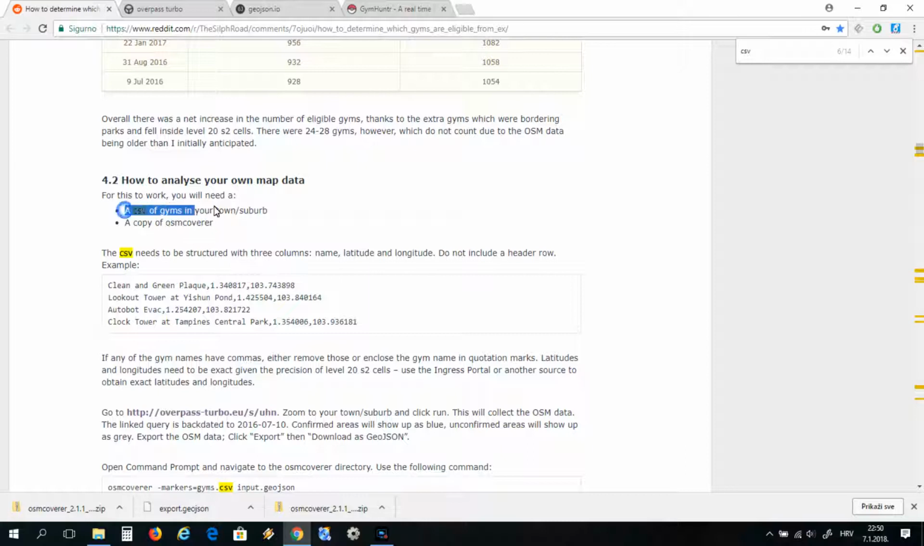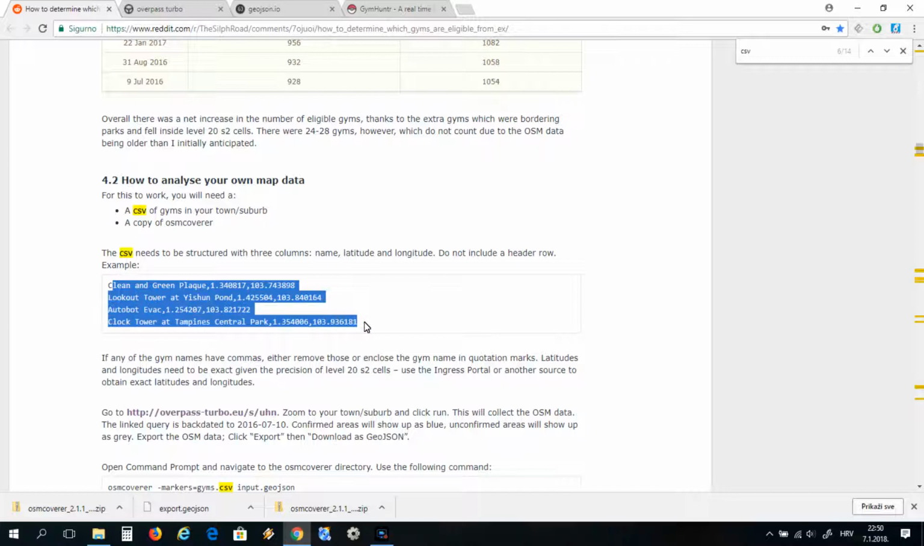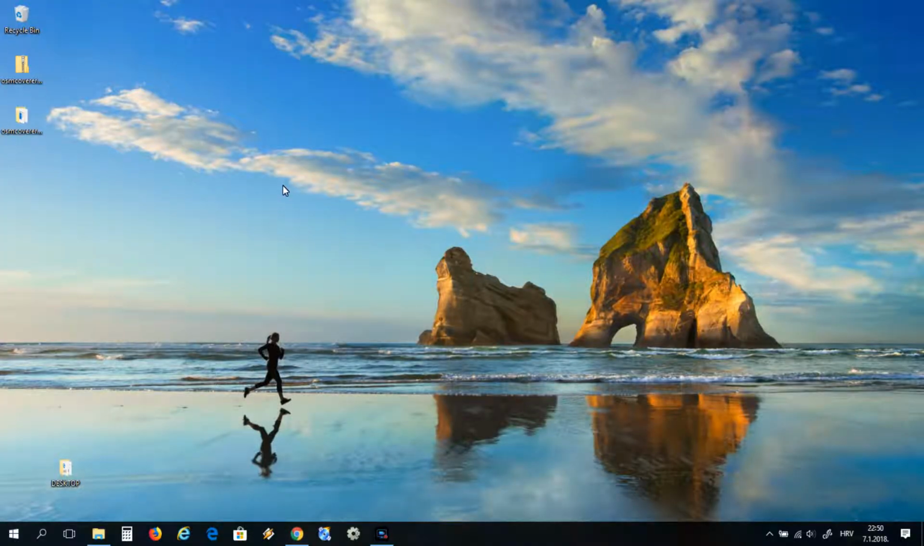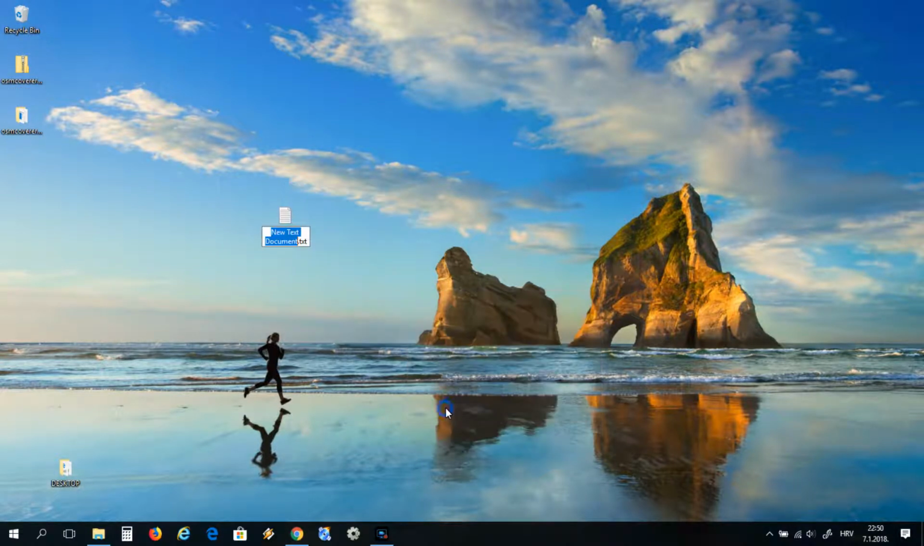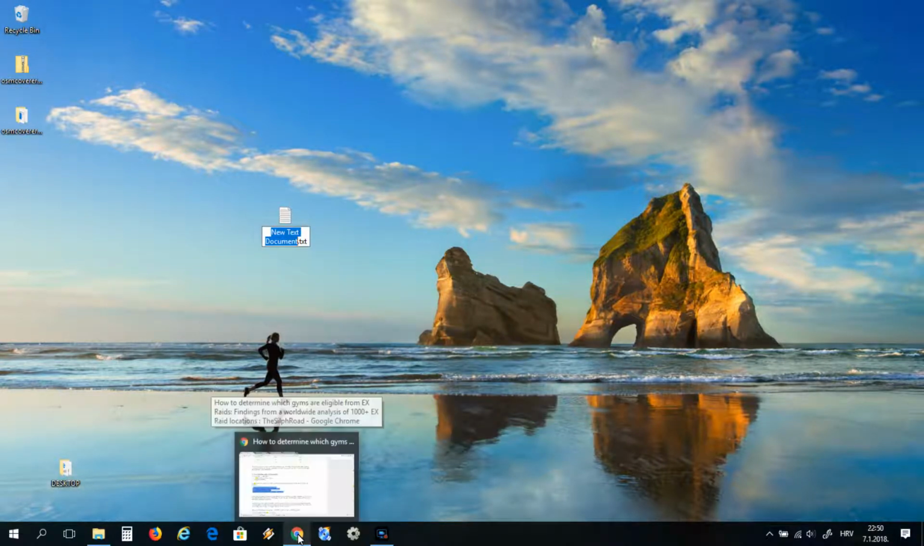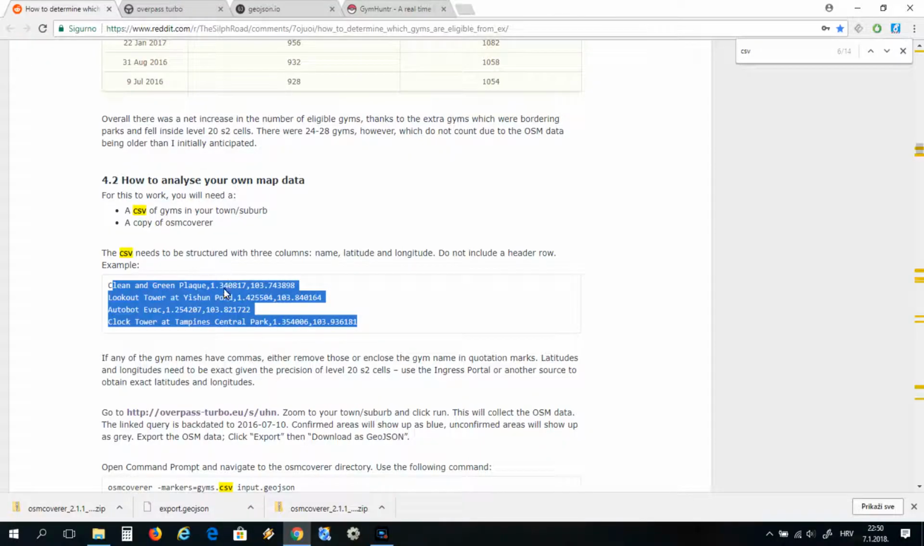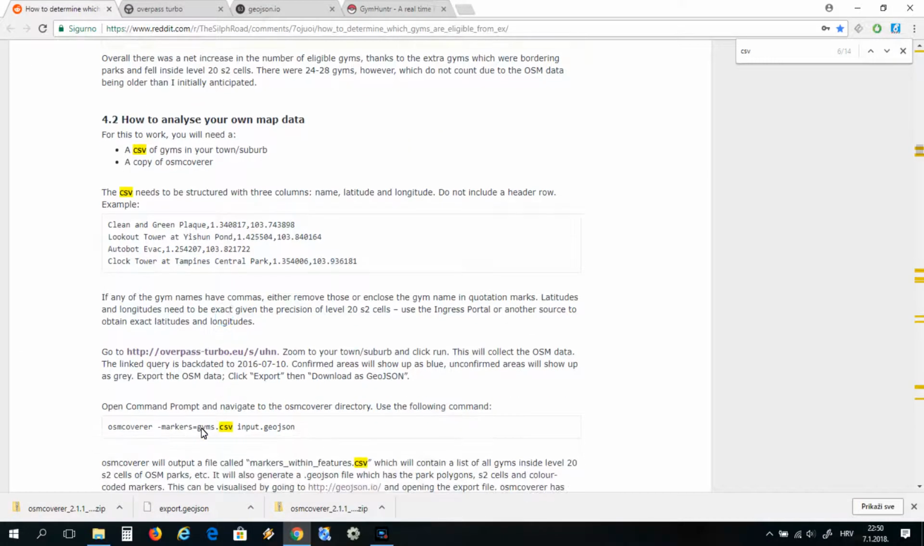Now we need a file containing names and locations of the gyms in our area. So let's do that. Okay, now I'll save it in the desktop. So right click, click new, click text document. Now the important thing is to note that the file needs to be named exactly gyms.csv. Okay,